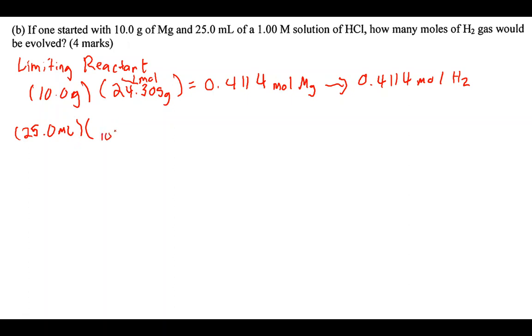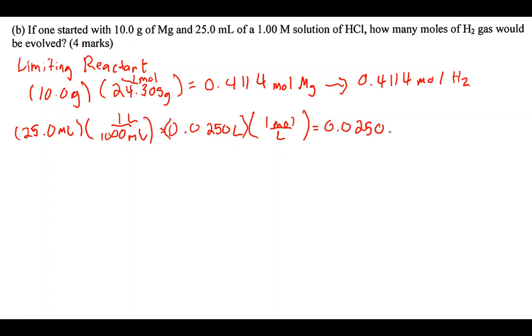There are 1,000 milliliters per 1 liter, which gives us 0.025 liters. Then to convert that to a molar amount of HCl, they said it was 1 mole per liter, which is what big M stands for. So then you'll get